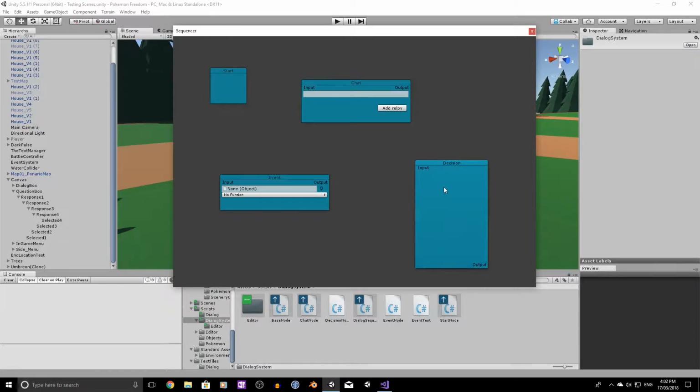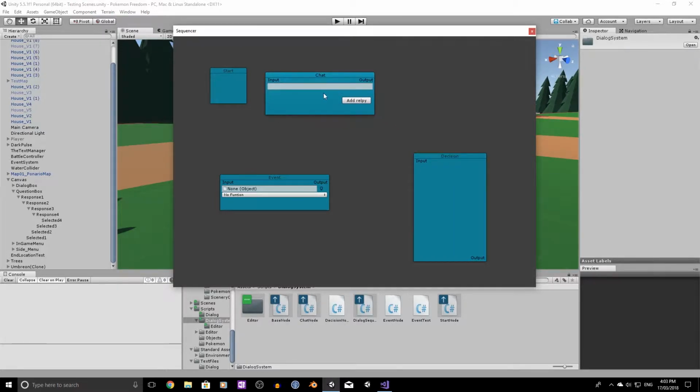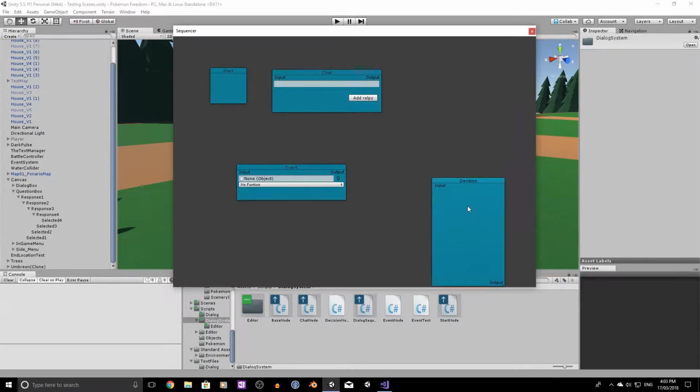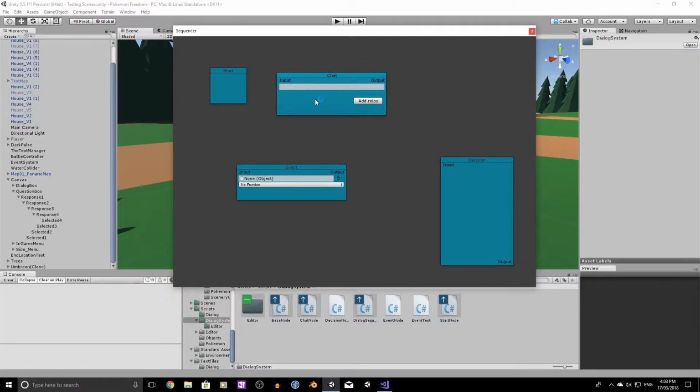This one will change. It was placeholdered, and then I realized I don't actually need this one to be labeled what it is. So we have a chat node, event node, and at the moment a decision node, but we're just going to ignore that one for now. Our most basic node we'll be using all the time is a chat node,